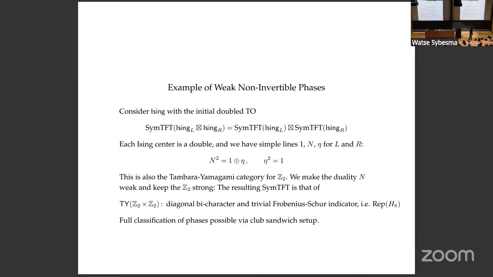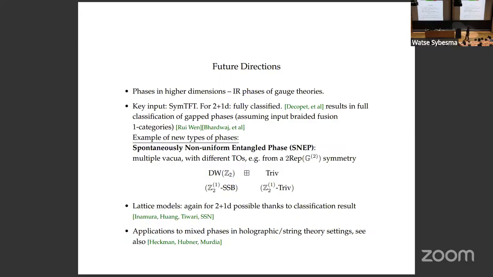Okay, so that's sort of applying these things to phases, pure state phases, mixed state phases. You might ask, do you actually really get interesting new phases? Like, 1 plus 1 dimensional phase is a little bit boring. That's just a number of vacua and maybe some relative Euler terms. So in 2 plus 1D, you can apply this and get some genuinely new phases in the sense that there